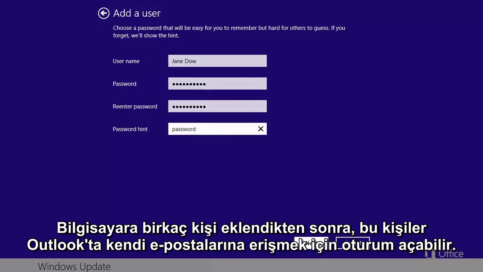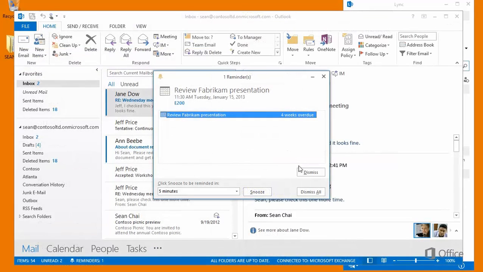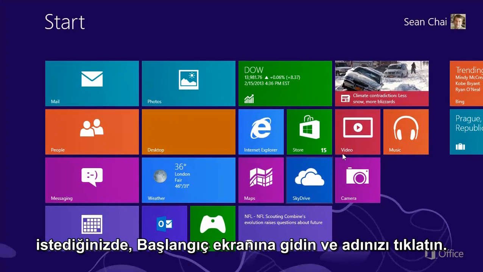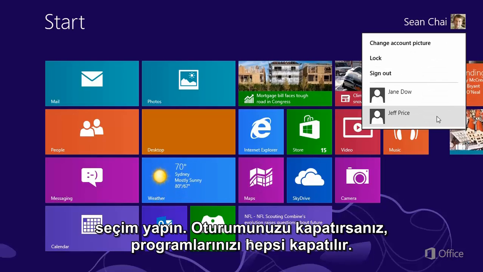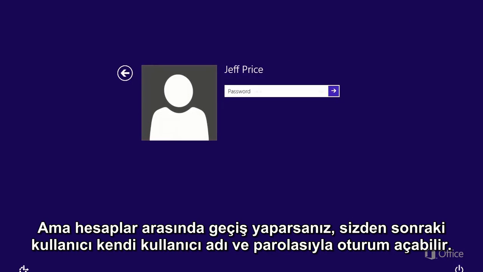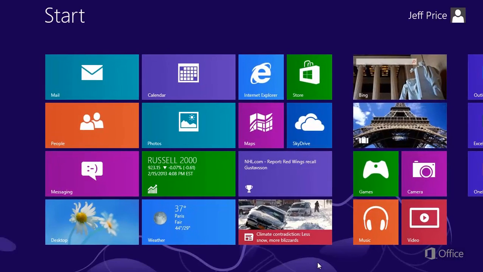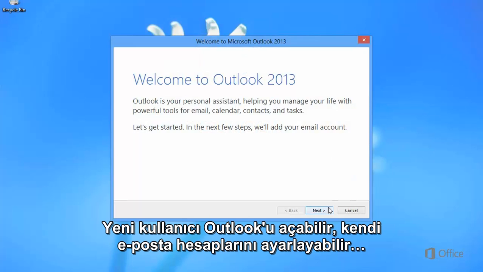After multiple users have been added to the computer, they can each sign in to access their email and Outlook. When you want to hand the computer over to another person, go to the Start screen and click your name. Then choose whether to sign out or switch to another user account. If you sign out, all of your programs close. But if you switch accounts, the next user can sign in with his username and password, and your programs keep running in the background. The new user can open Outlook and set up his email accounts,